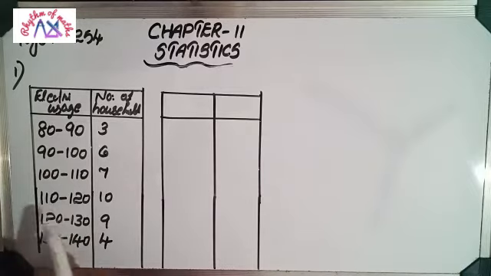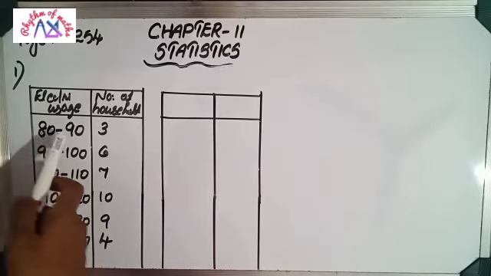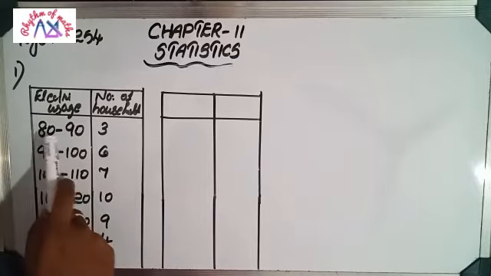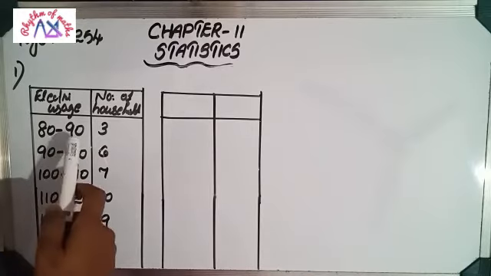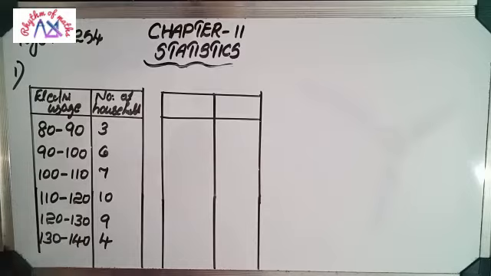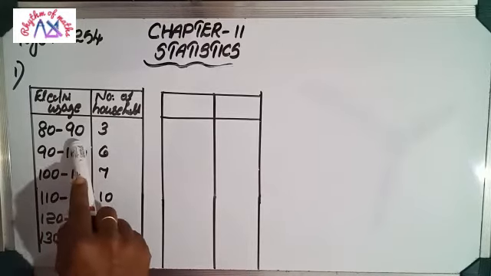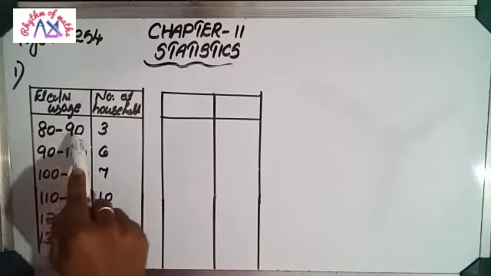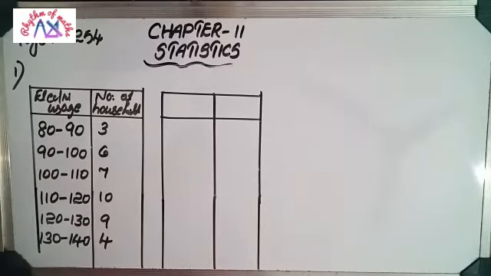The table is different compared to the previous one because here a class interval is given, that means from one value to another value. The exact value in between is not given. 80 to 90, it can be 81, 82, 83, any value. But in the previous case it was specified, 4,000 rupees is earned by this number of families. Particular data was given, but here a class interval is given. The value can be any value between these two.